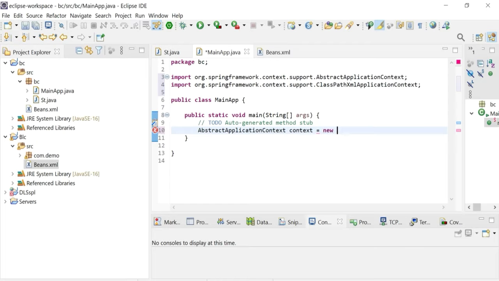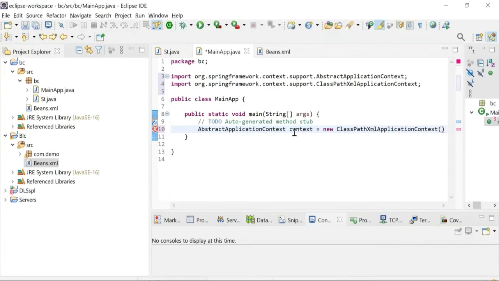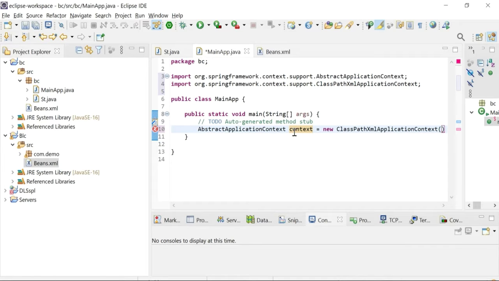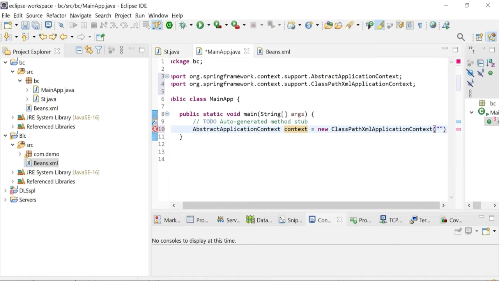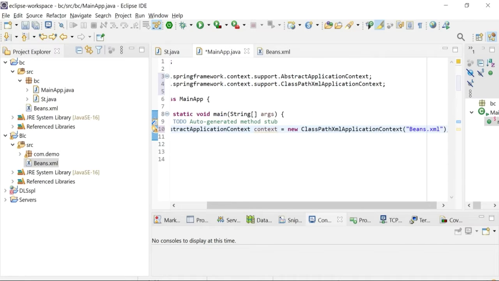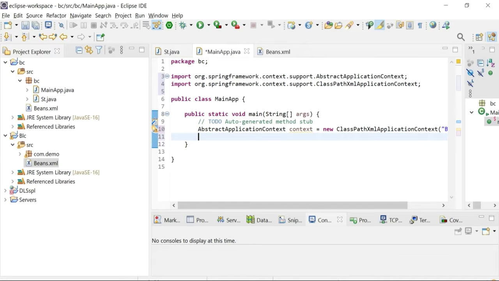Here we give the keyword new and then the ClassPathXmlApplicationContext. Inside this application context, you need to give the XML file name, that is the beans.xml file we have created. Give it the beans.xml file. Okay, and then